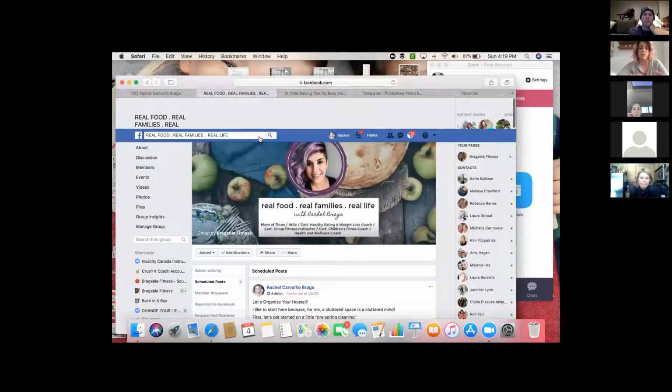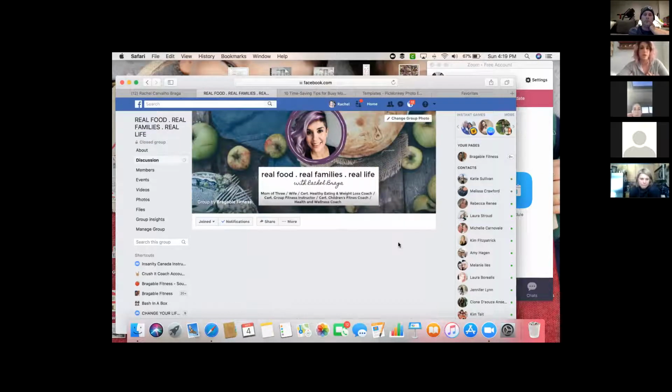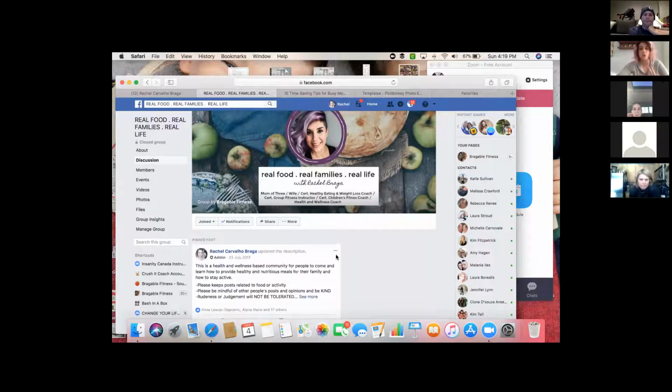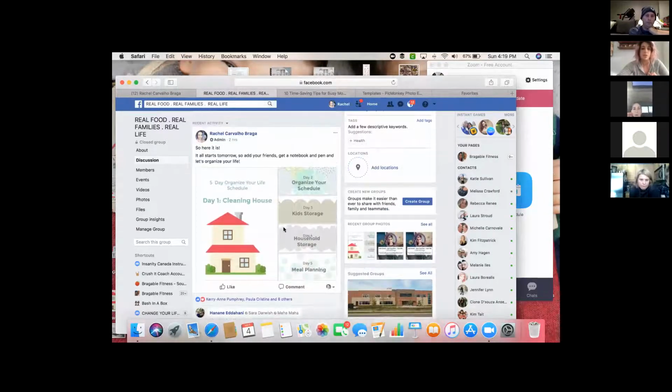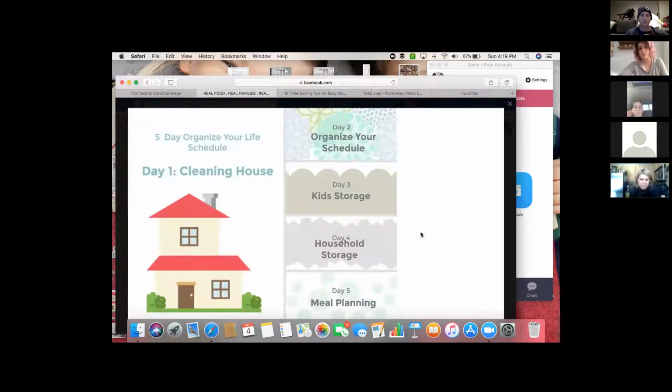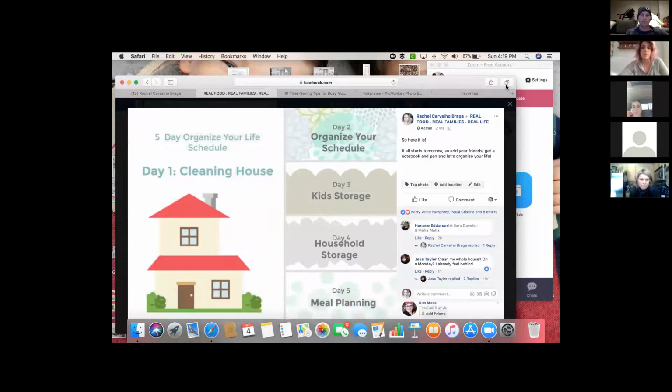Then this is something I just started doing, and it helps and gives people an idea and they know to tune in. Today I post a schedule. So this is what we'll be talking about for the next 5 days. I just did this in PicMonkey, and it gives people an idea of what we'll be touching upon. Sometimes people comment, can we do this too? I won't generally craft a post about it, but I'll do that nighttime live to wrap up what's gone on during the day and answer any questions anybody has asked in the group.